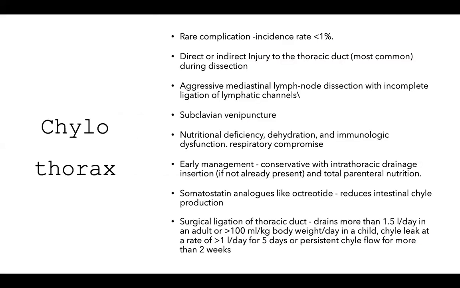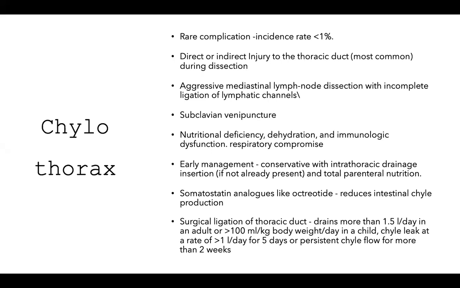So chylothorax is again a rare complication, in less than 1% of cases, and can be because of direct or indirect injury to the thoracic duct, which is most common during dissection. Aggressive mediastinal lymph node dissection with incomplete ligation of the lymphatic channel can be a cause. There can be subclavian venipuncture. And these patients usually have nutritional deficiency, dehydration, and immunological deficiency, and respiratory complications make them very high risk of